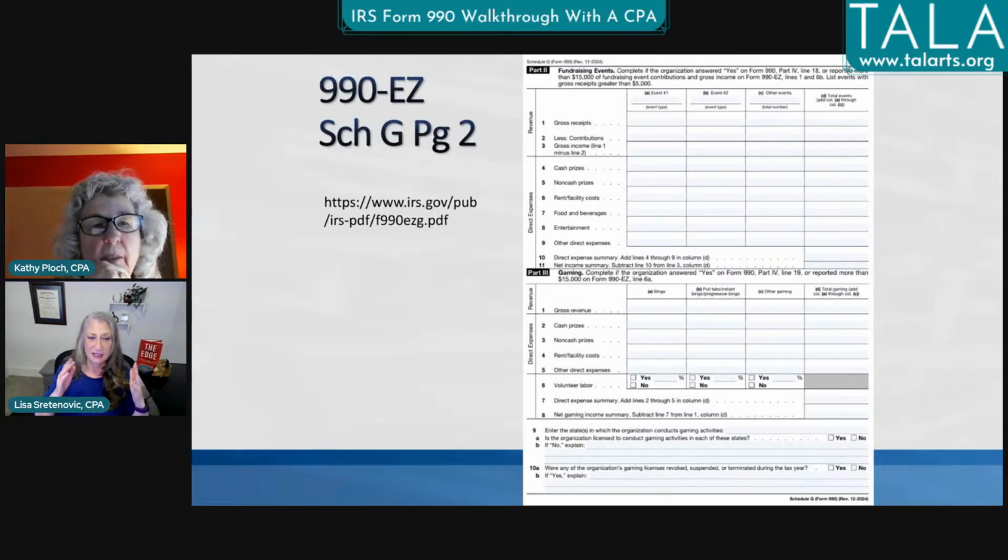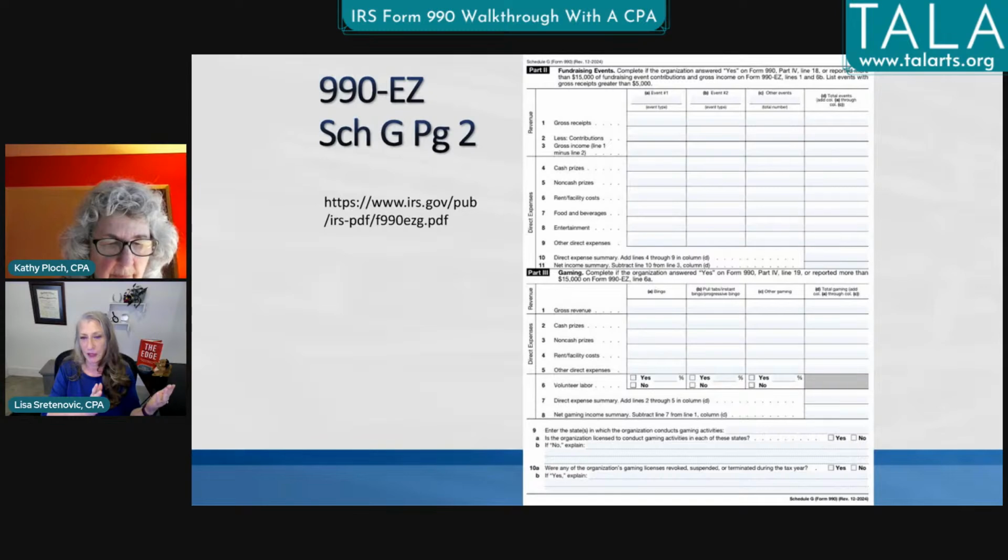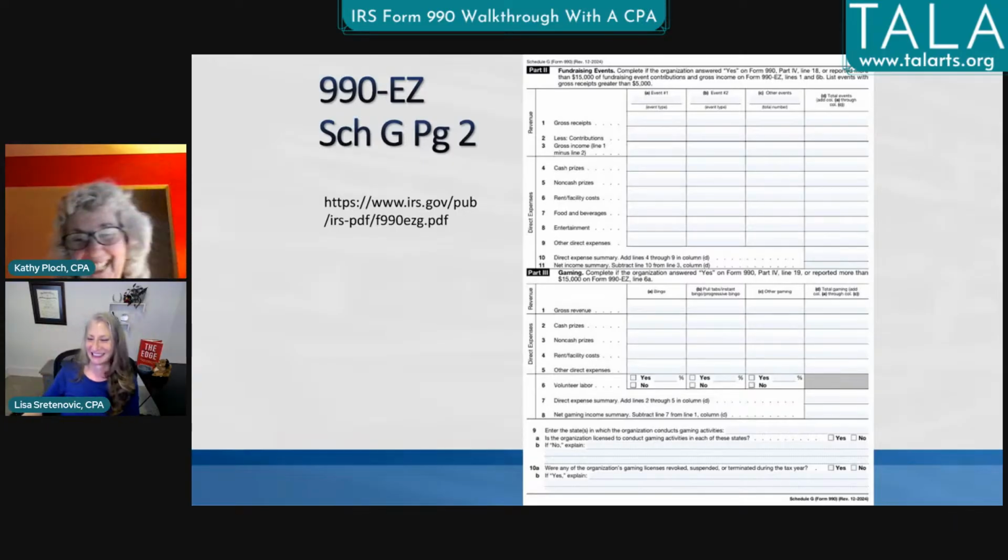Absolutely. And this is exponentially more important when you get to the Form 990, the full one, because you have to do that not only with fundraising, but with your programs and your management in general, as well as your fundraising. So those functional expenses are much easier to keep track of if you have a program like QuickBooks and you use the functionality called class. Exactly. I was exactly going there. You just beat me to it.